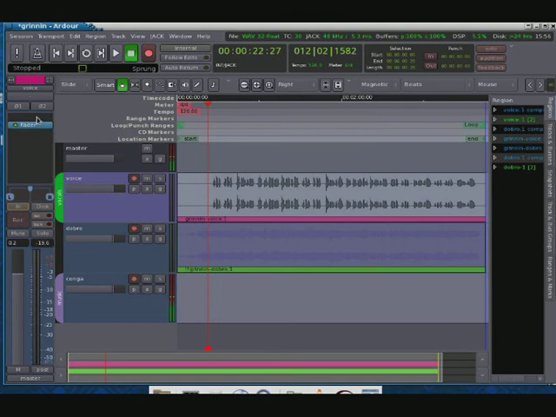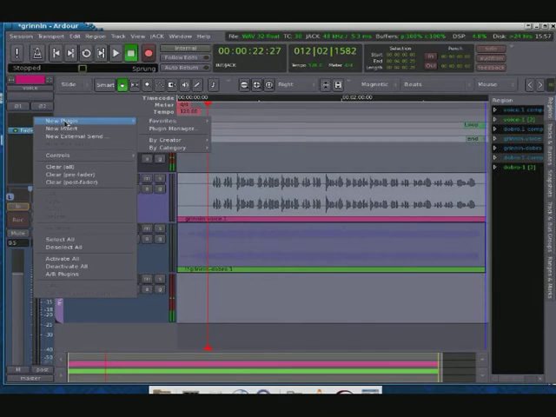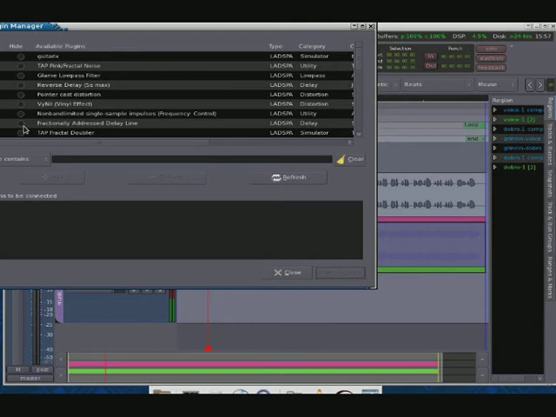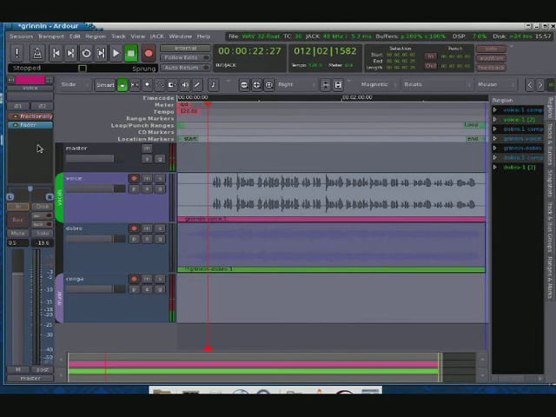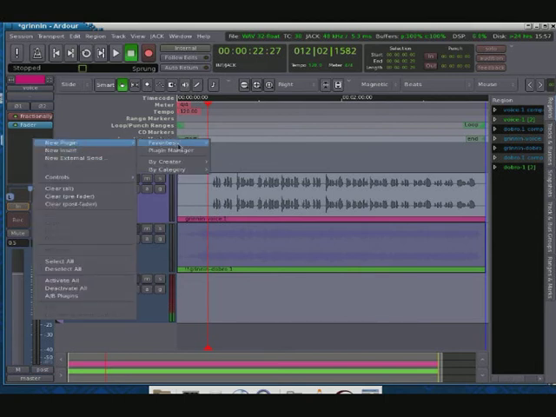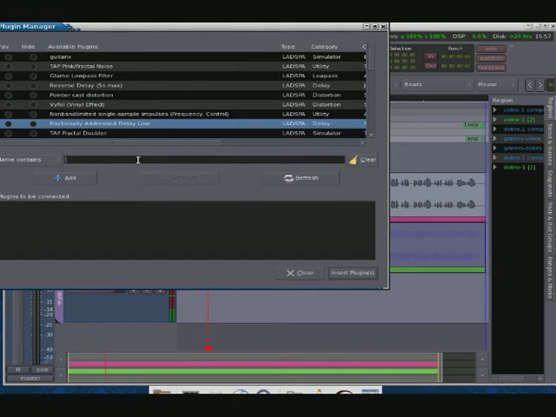So if I right click up here, that puts the plugin before the fader. So if I was to move the fader back and forth, it wouldn't have any effect on a plugin that's right clicked and inserted up here. In fact, let's do that just so you can see how that works. Let's put in a fractionally addressed delay line. I have no idea what a fractionally addressed delay line is. And then down here, put in something else. Let's put in